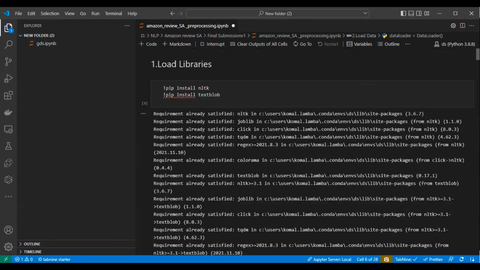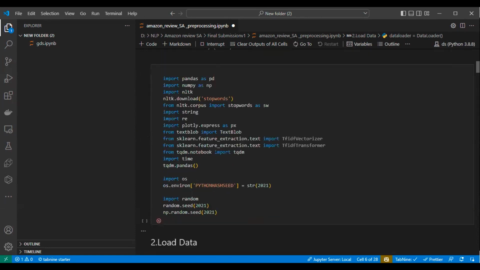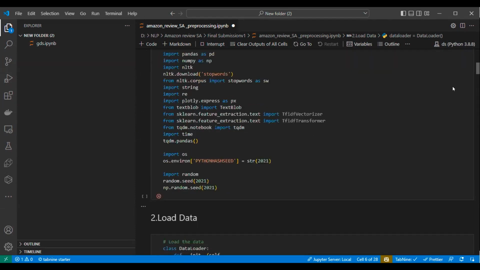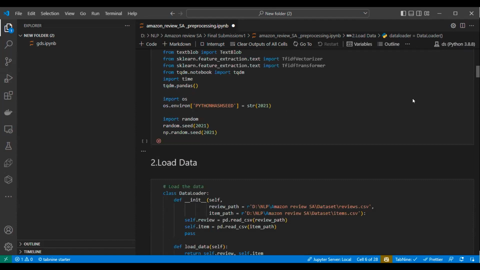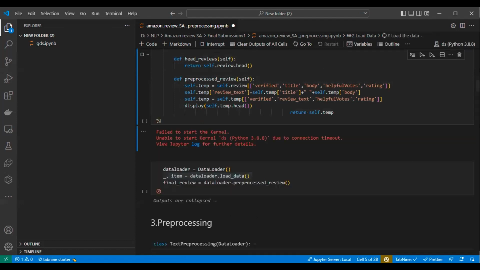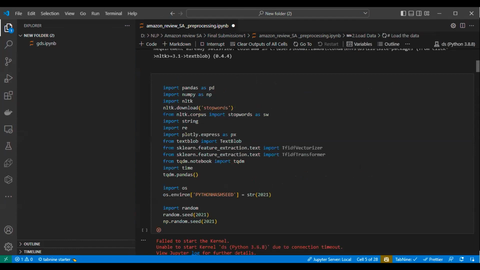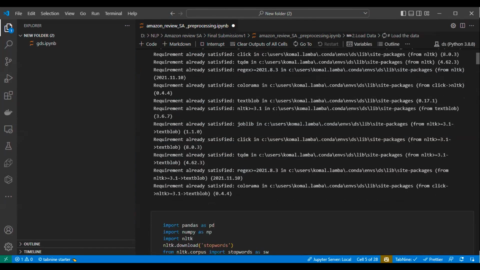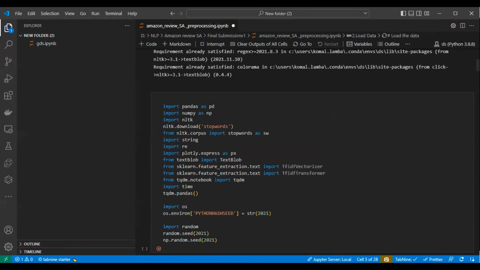Yeah, the kernel is restarted. Let's import all the libraries once. Okay, again the kernel failed to start. Just wait a few seconds, or else we will discuss the code. It's connecting with the kernel. Let's see if it is happening or not.